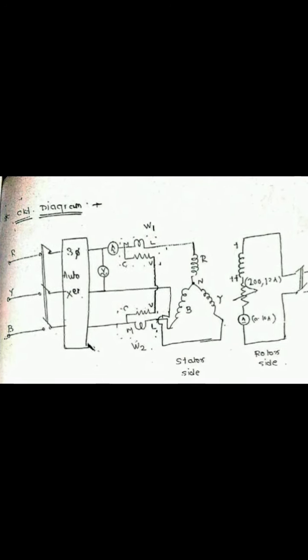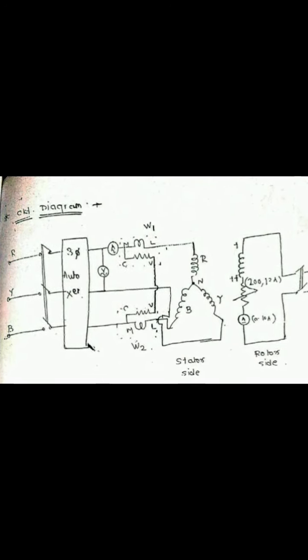So let's start the next step, that is the calculation. As we know, for plotting the inverted V curve, we require the field current value and the power factor. The power factor is calculated by the fundamental formula, P equals root 3 VL IL cos phi. We have the value of P because we are measuring the wattmeter reading, so cos phi is the wattmeter reading divided by root 3 VL IL. We know the value of VL, that is the supply line voltage, 400 volt. We have the value of line current. Substituting those values into the equation, we get the value of the power factor.